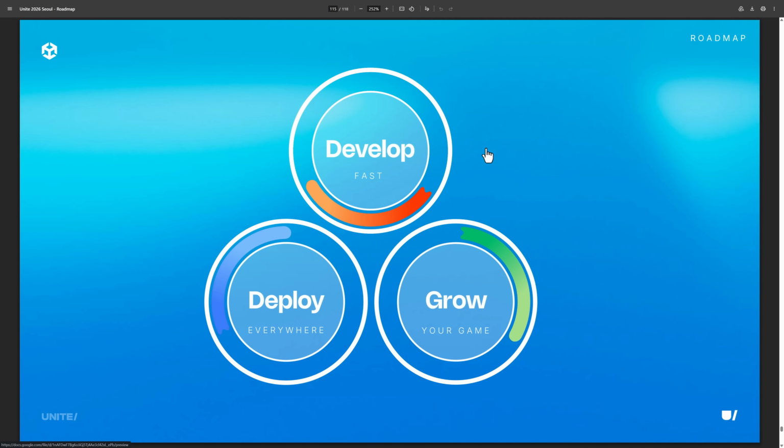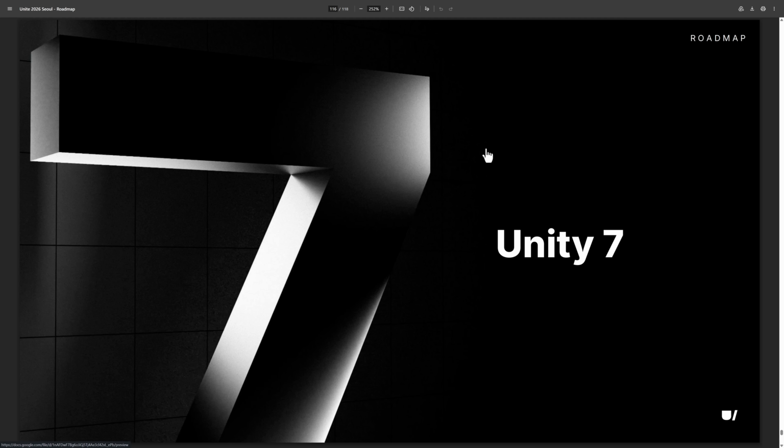Again, my focus is definitely on the Unity 7 side of the equation. And yeah, Unity 7 is back, but now it's basically Unity 6.8. And the big thing here is it is finally when CoreCLR becomes a thing. And at that point in time, you can think of Unity 7, the Universal Render Pipeline is king, and CoreCLR is here. But I think the big thing from Unite Seoul is definitely the command line tools.